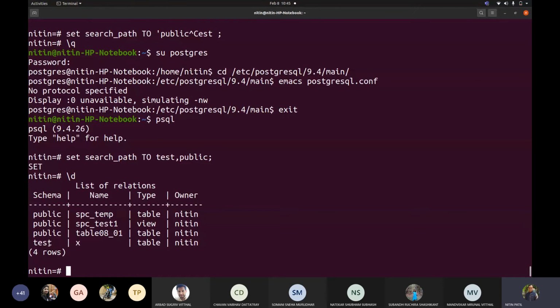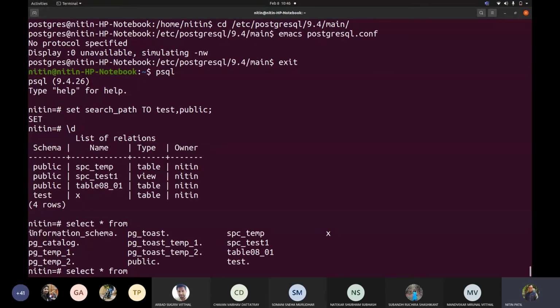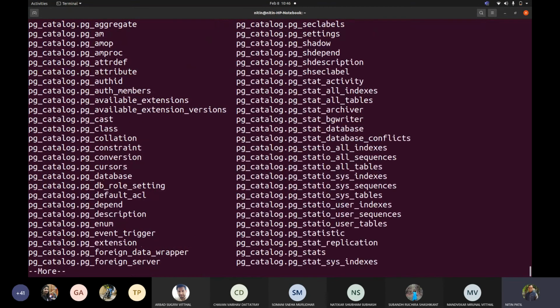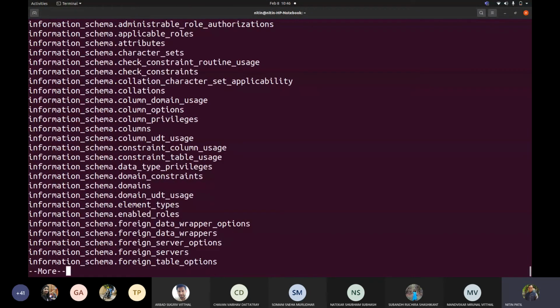So similarly, there are default schemas used by Postgres. There are 2 of them. What we saw was when we write select star from, it shows, okay, do you want to access through these schemas, information schema, catalog schema. So they would be containing something. For example, if I go to pg_catalog and press tab, these will be different things that I can access, correct? Similarly, if I go to information_schema and press tab, there will be a few things which could be added. So I want you to find out the difference between these two.